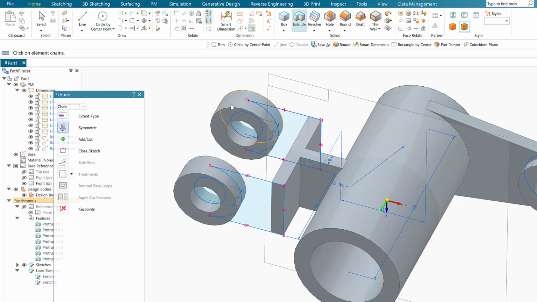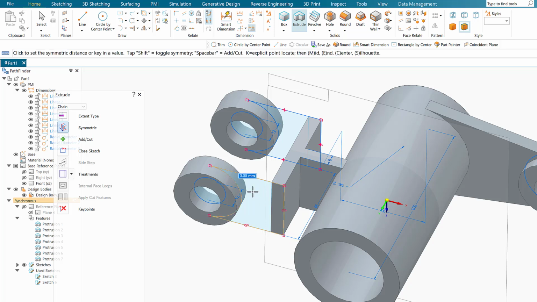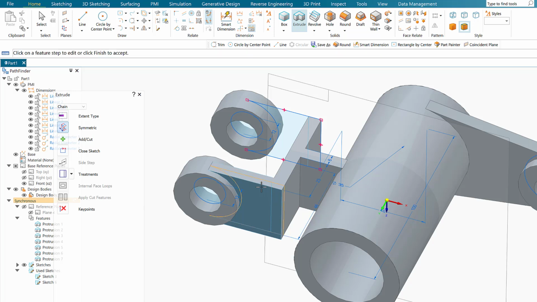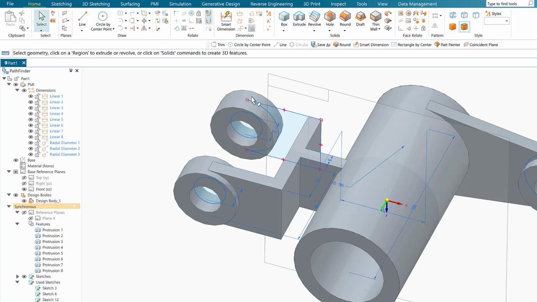Okay, everything looks fine. So this is when I click on this chain, it gives me the shape starting from the edge here. Okay, so I'm going to click on the arrow, and I'm going to make it 6. So this will add the other 3. So I'm going to put 6, enter, and do the same thing, extrude,